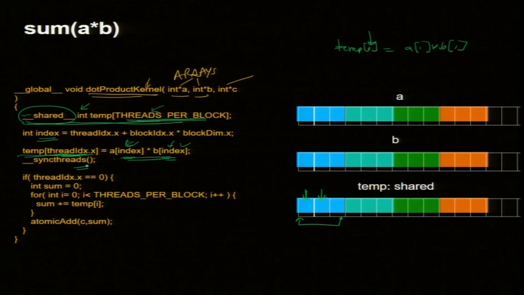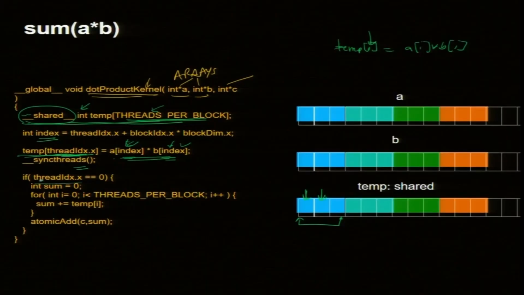So, now temp has been created, which has, each guy has its own A star B. Now, I am going to do the sum. So, who is going to do the sum? Thread index 0 for each block. This is run by everybody. Then it says, well, who has thread index 0? How many thread index 0 will be there for 4 blocks? 4 of them. Well, nobody is assigning really, everybody is going to say, am I thread index 0? So, 4 of them will raise their hand and they will do this work.